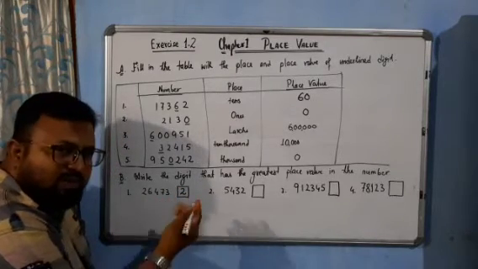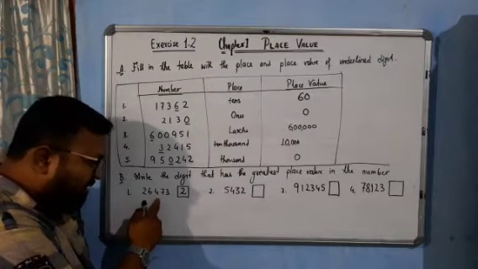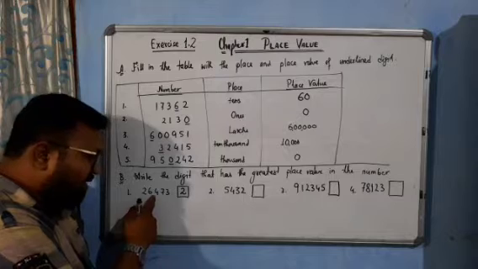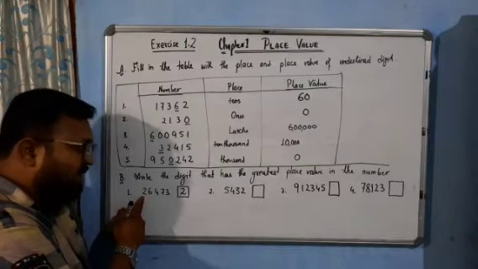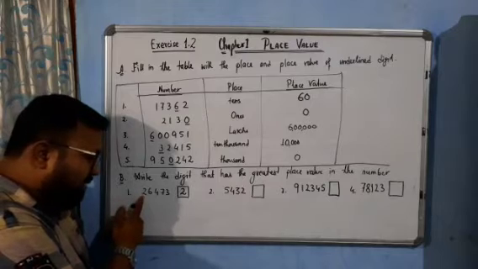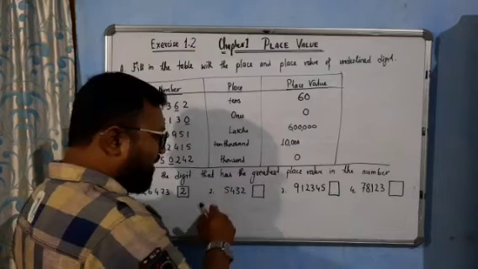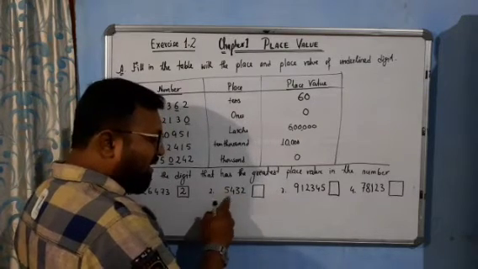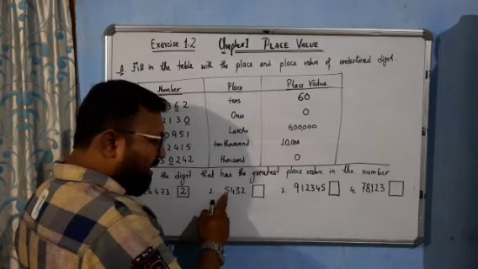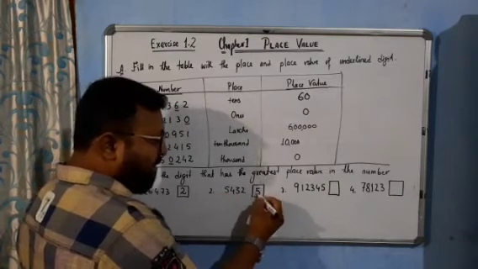1's place, 1 is smaller than 10's, 10's is smaller than 100, 100 is smaller than 1000, and 1000 is smaller than 10,000. Right now in this number 10,000 is the greatest place value, and in this place which digit is there? It has 2. Same case here also, 1's, 10's, 100, 1000. 1000 is the greatest place value here, and the digit in 1000 place is 5. So we will write 5 here.